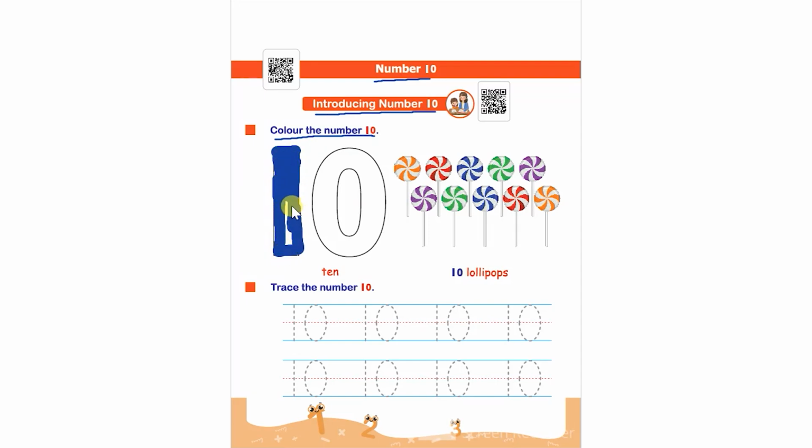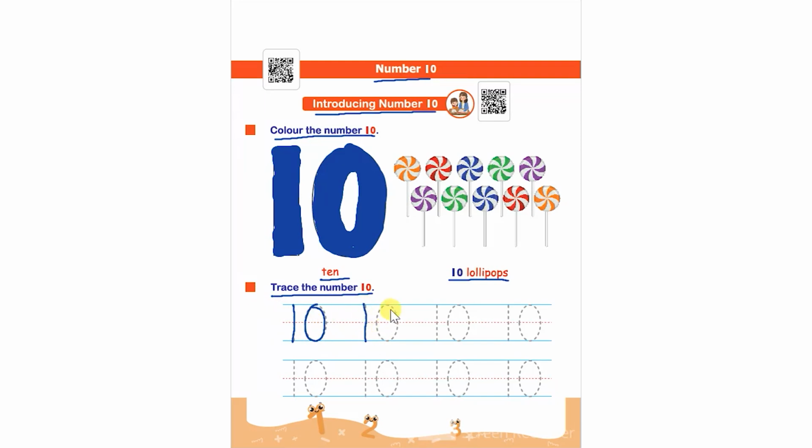So 1, 0 is 10. Like this. They have to color the number. And also please instruct them to read the word 10 which is given over here. After that, let them see these 10 lollipops given over here and then trace the number 10. So here the child has to trace the number 10 like this